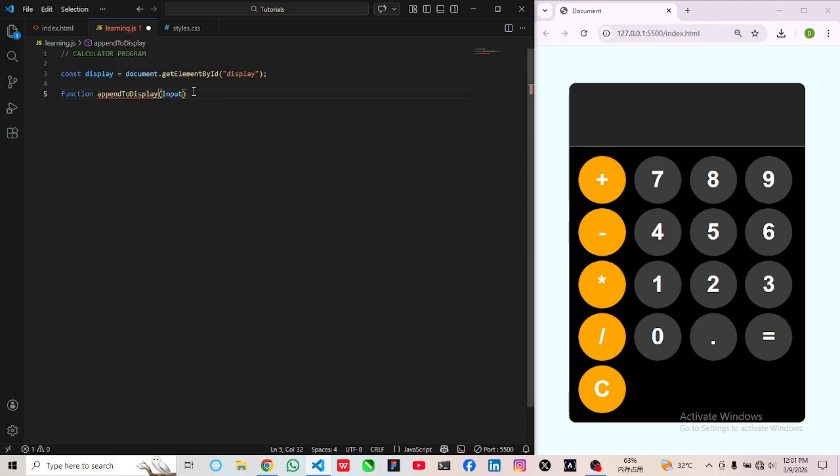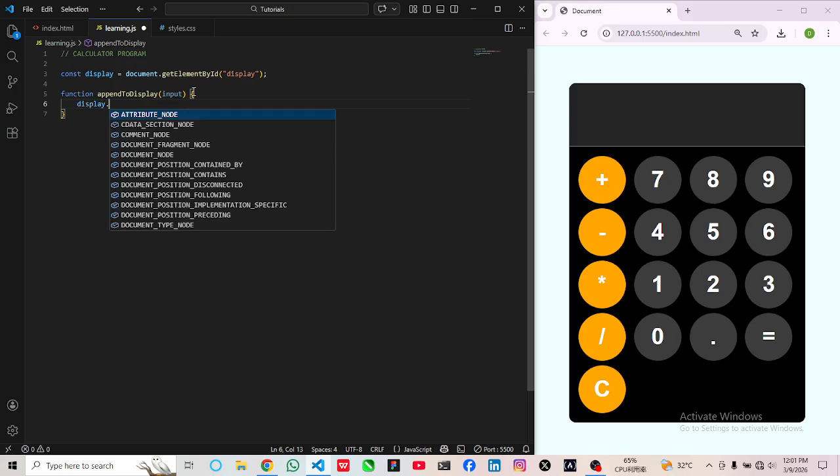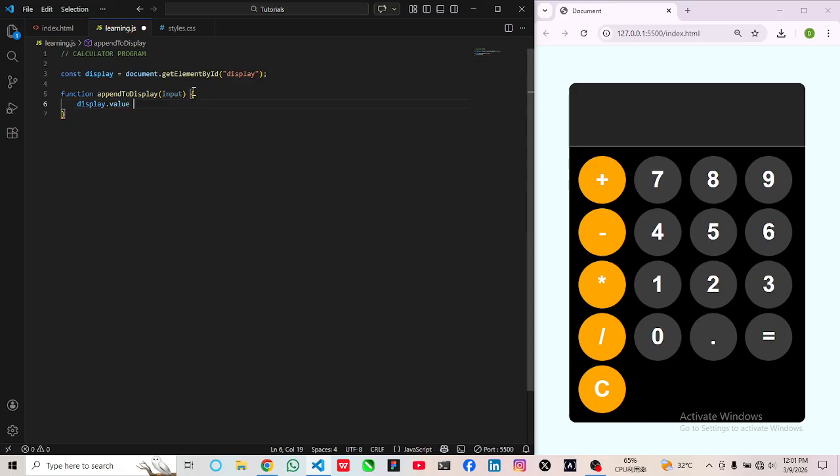Okay, append to display, input, and I'll come here and say display dot value plus assign. Okay, assign input. Terminate it. Now let's try 7 4. You see,